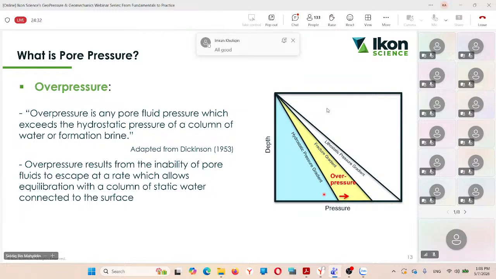Overpressure, as it suggests, is pressure that is higher than this hydrostatic pore pressure. It could happen when fluid cannot escape fast enough. A common reason for that is probably under compaction. For example, for our shale, when we have shale sediment being buried too fast through the sedimentation process, then due to the low permeability, the fluid inside the shale cannot escape fast enough,